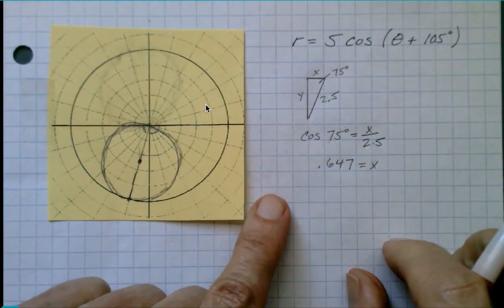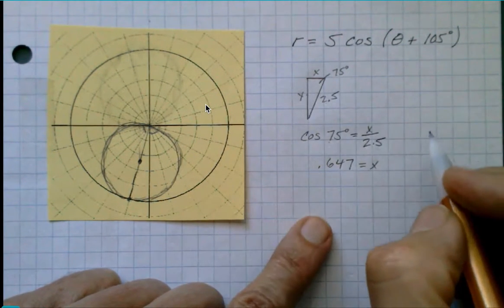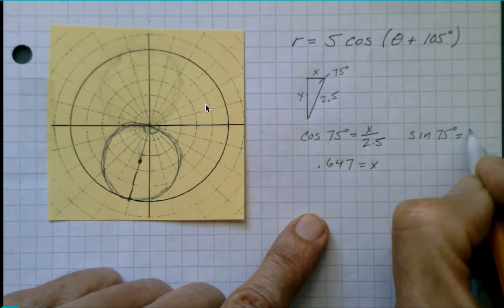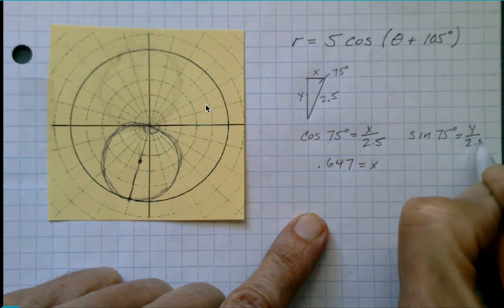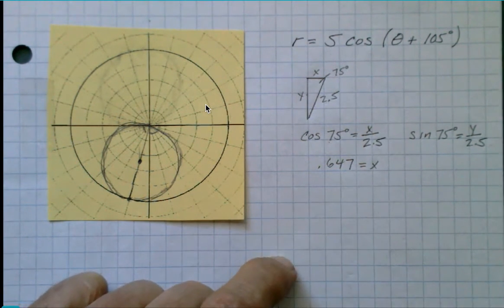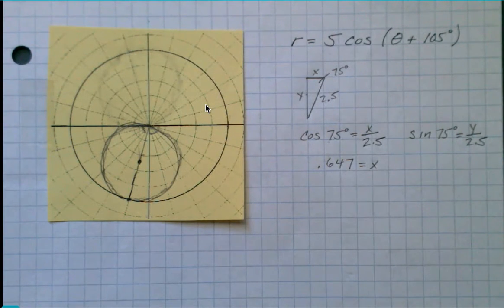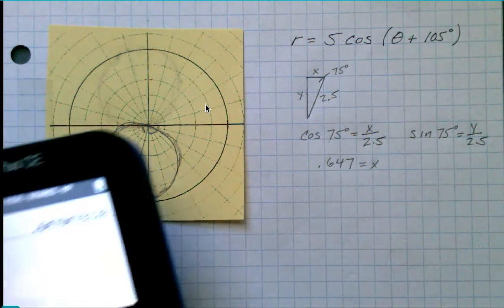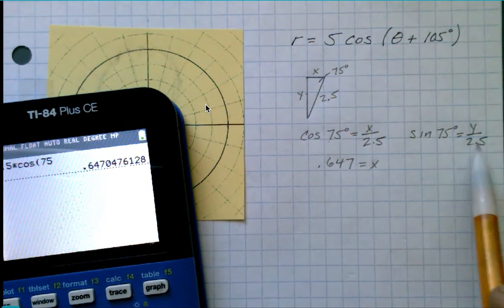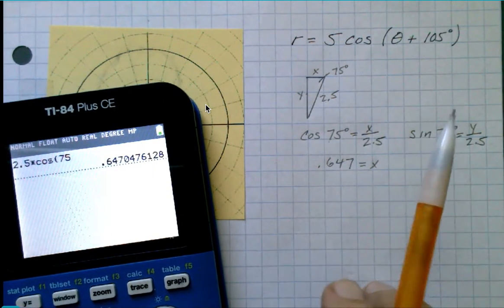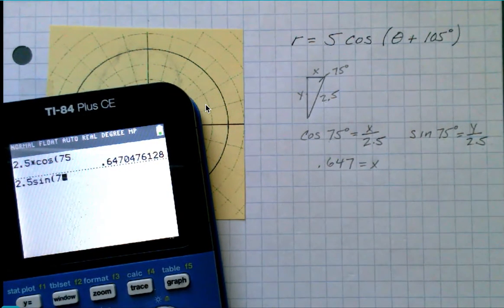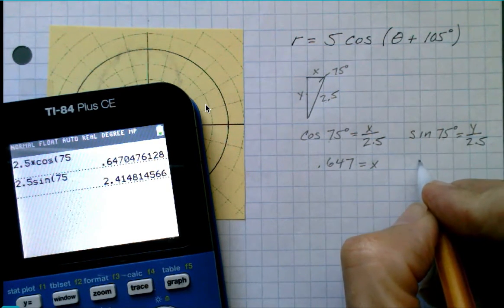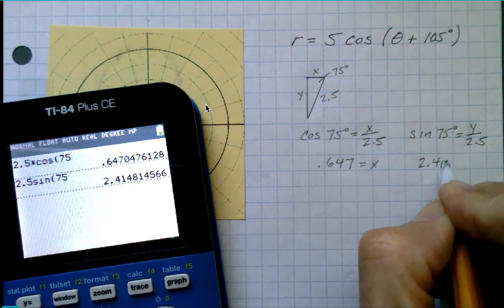And then for the y, we could say, well, the sine of 75 equals y over 2.5. And we'll better focus on that. Okay, so let's see, then that would be 2.5 times sine 75. So 2.5 sine 75, about 2.415